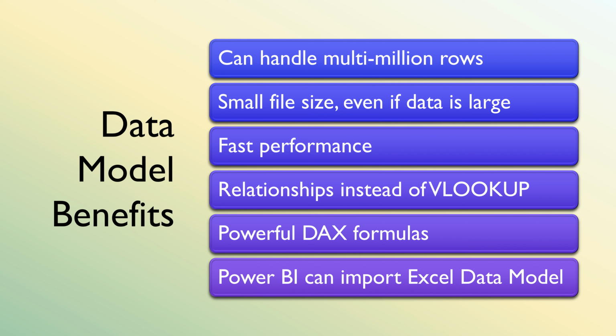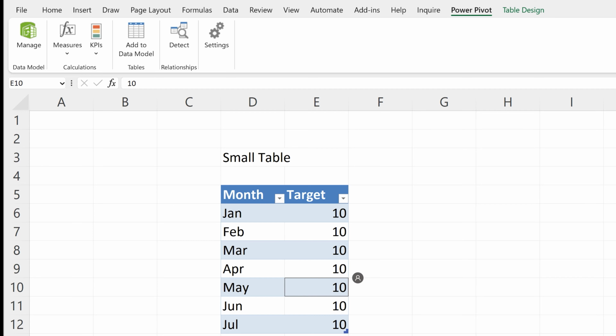So to summarize, what are we talking about? You import data into data model. You solve the large, slow Excel files problem. You can import millions of rows into it and get small file size, and lightning fast performance. On top of it, if you use the DAX functions, you can get enormous and extremely efficient functions and formulas which are incomparable to what struggle we do in Excel. But that is a topic for another video.